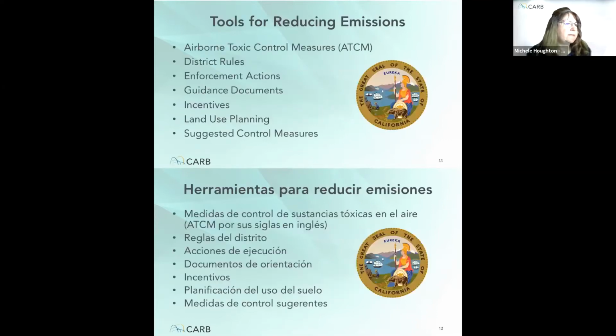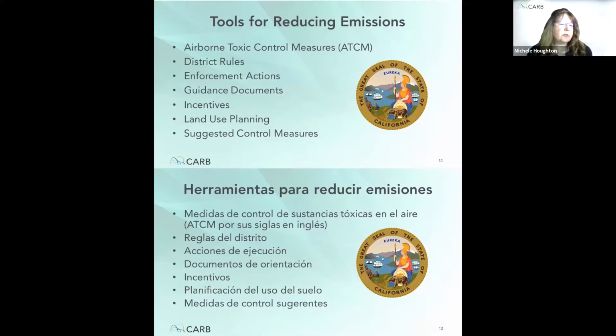All right, so we're going to move back to the regulatory information. Once we have determined the need to reduce emissions, we have several different tools available to us to help us reduce those emissions. An airborne toxic control measure, or an ATCM, is a regulation designed to control emissions of toxic air contaminants.